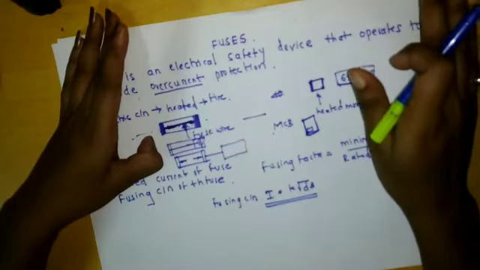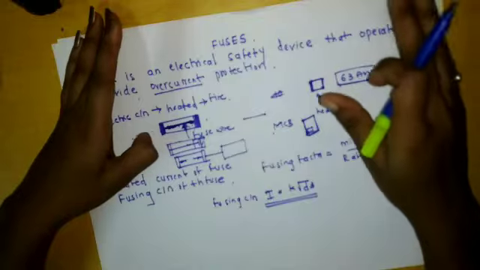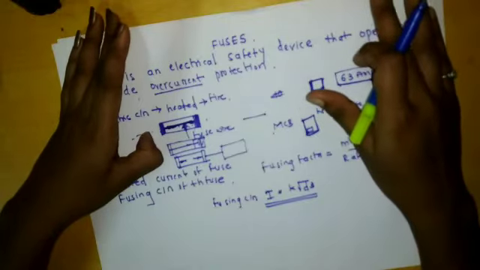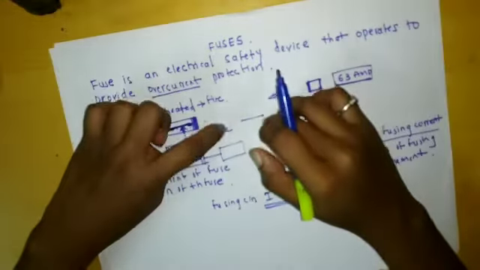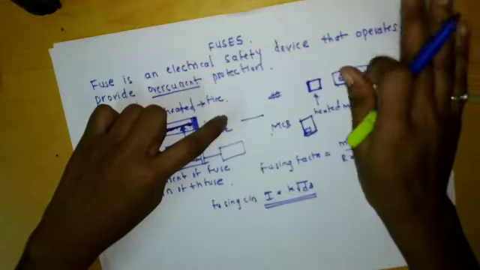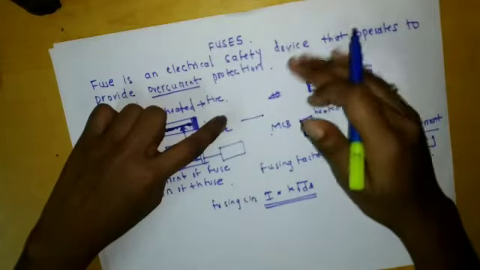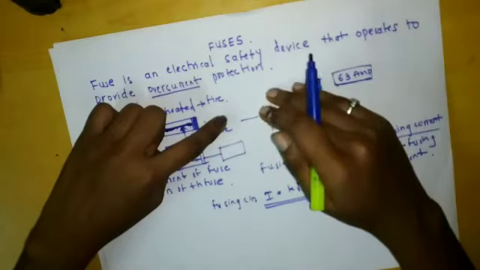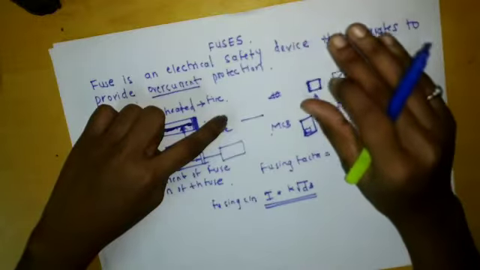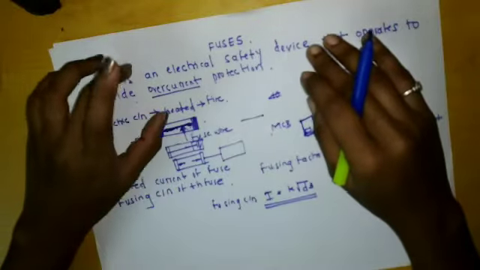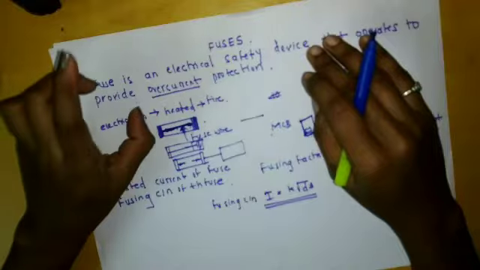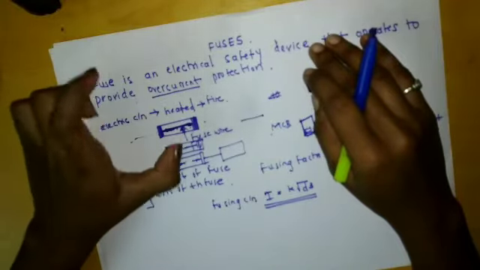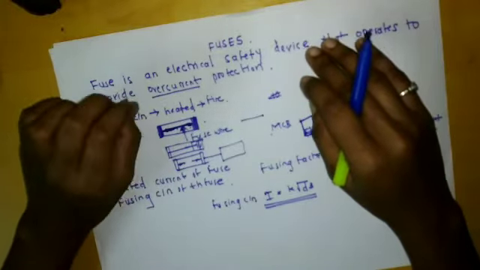The box case which holds the fuse wire should be of insulating material such as porcelain. So the box which contains the fuse wire must be properly insulated, so that it does not get current. And ease of replacement, that means the wire can be easily replaced. The wire must be easily replaceable whenever it is melted.